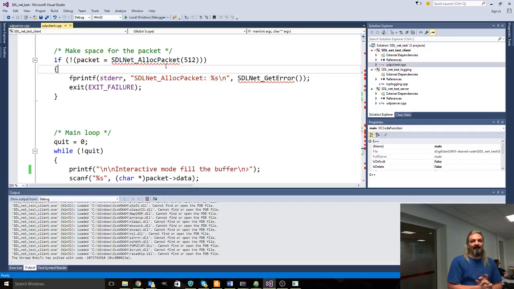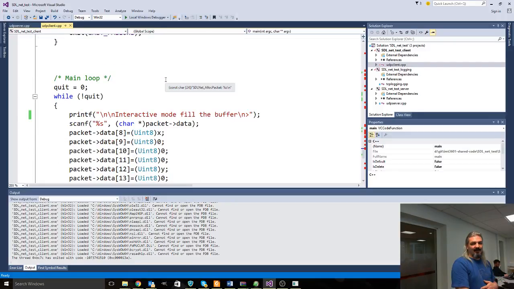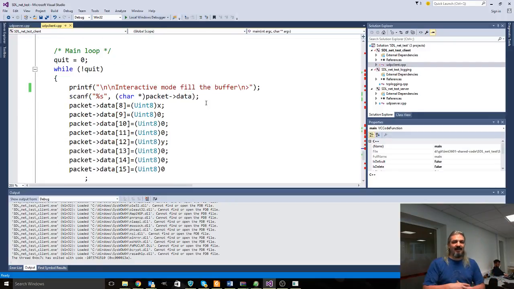And then I allocate some memory, like I did before, to receive information from the network, and I go into a loop. In this case, I'm doing some weird stuff here, which I'll explain, which is I start an interactive mode, and I try and fill a buffer. So if I build and run this,